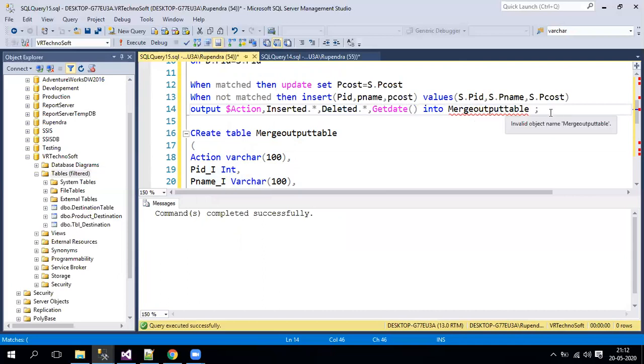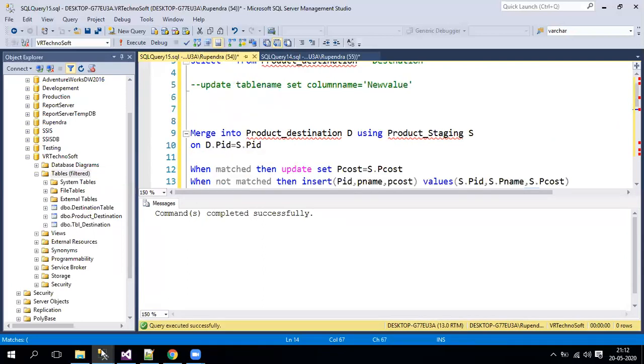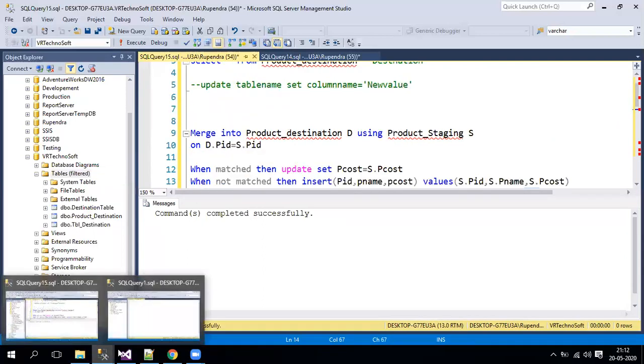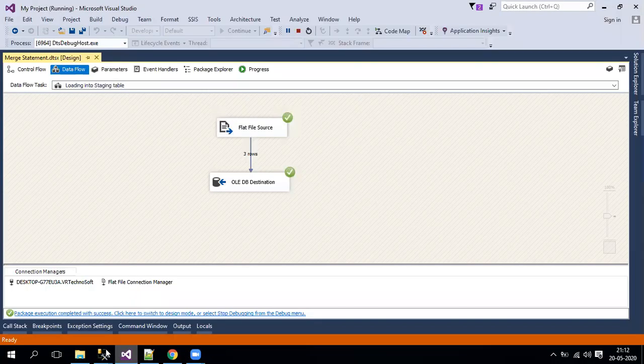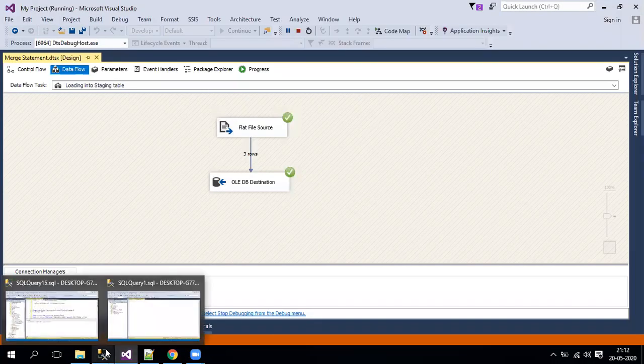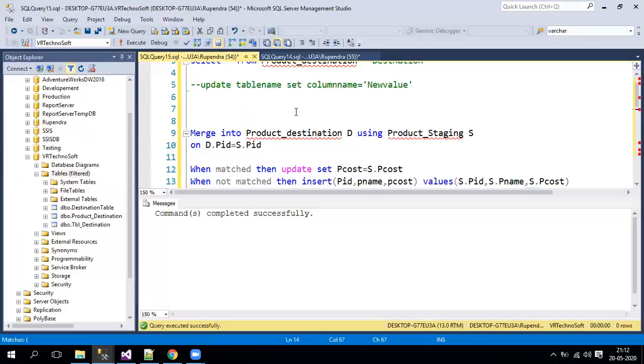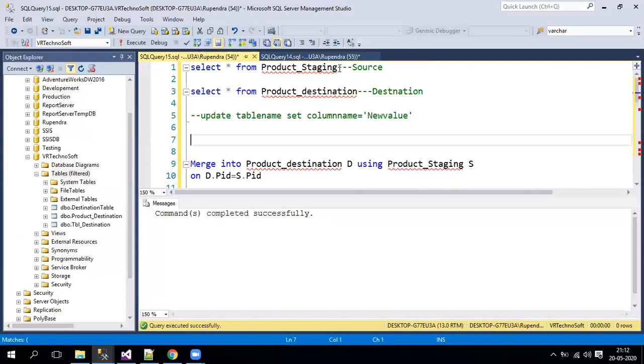So now we just need to go and update some values in the table. Either we can run the package, or we can simply insert into the table, or update also. We'll just do the updates or inserts in this table.